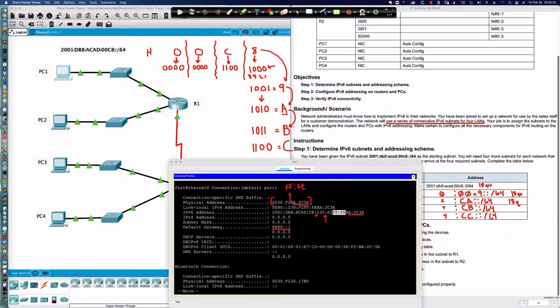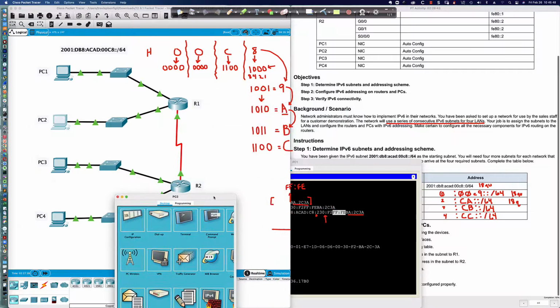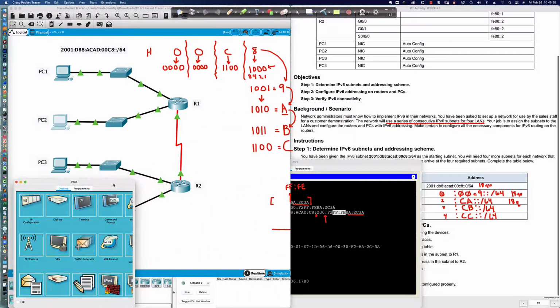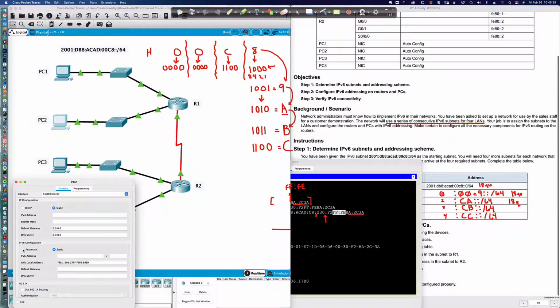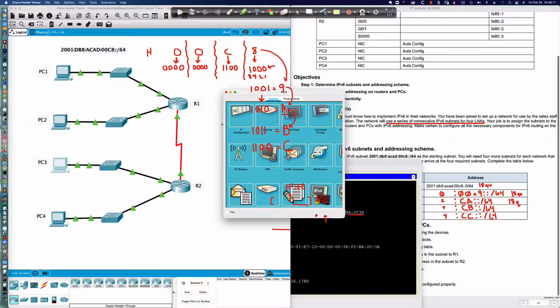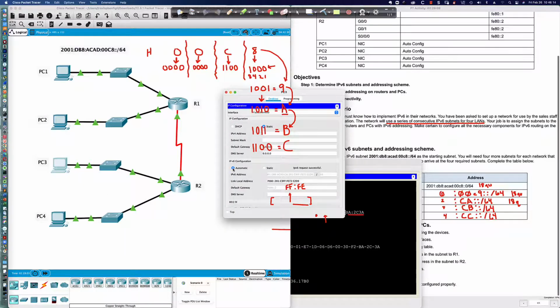So there's our information. So let's finish this activity up, right? Let's come on to PC2. Excuse me, we'll pull it down here out of the way. And we'll go to here, and then we'll simply click, and it's this easy. Boom. It's a /64. You can see it's grayed out there, but that's what's important. We get a router solicitation, router advertisements are flying around, and here's my information, right? There's my MAC address with FFFE put in the middle. PC3, right? And you can see the last part of this activity is pretty easy. And then PC4,